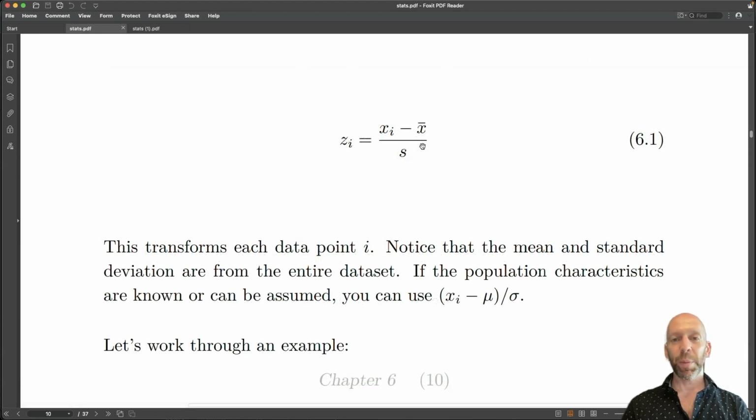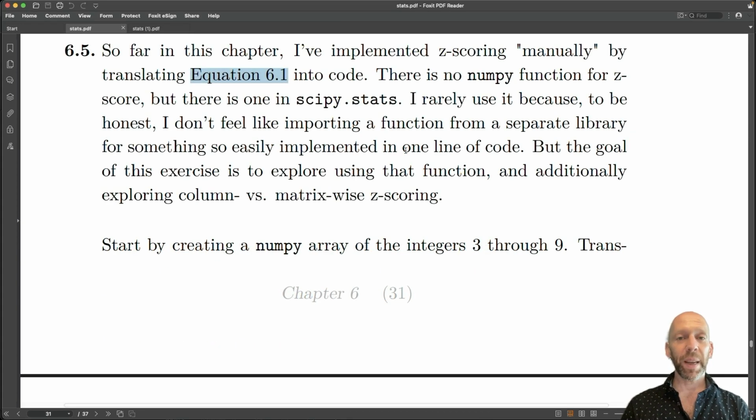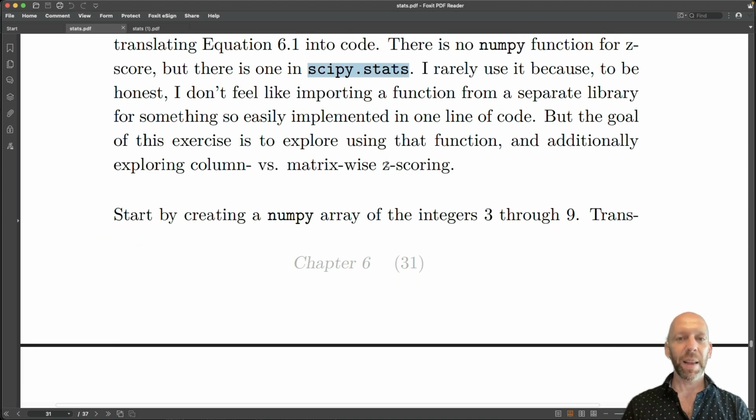Here is that formula again. We looked at it in the previous video, or maybe it was 2 videos ago. Anyway, this should be pretty familiar. As you learn statistics, as you go through your life as a data scientist, you will see Z-scoring come up over and over again. Super simple. It's each data point minus the mean divided by the standard deviation. So implement that formula in code and then compare it to scipy.stats, or the Z-score utility in scipy.stats,